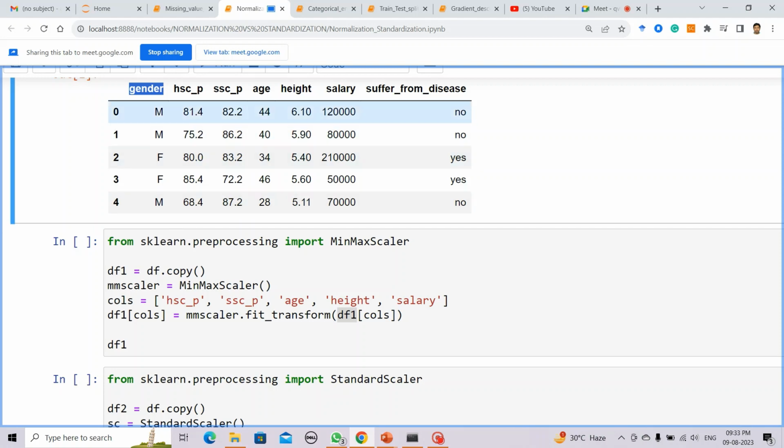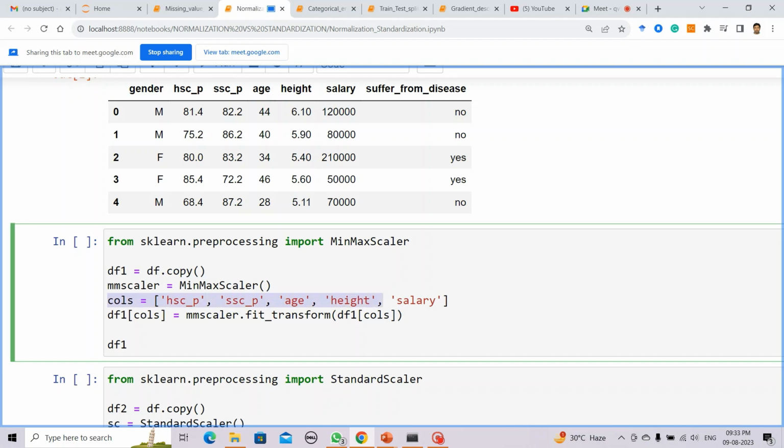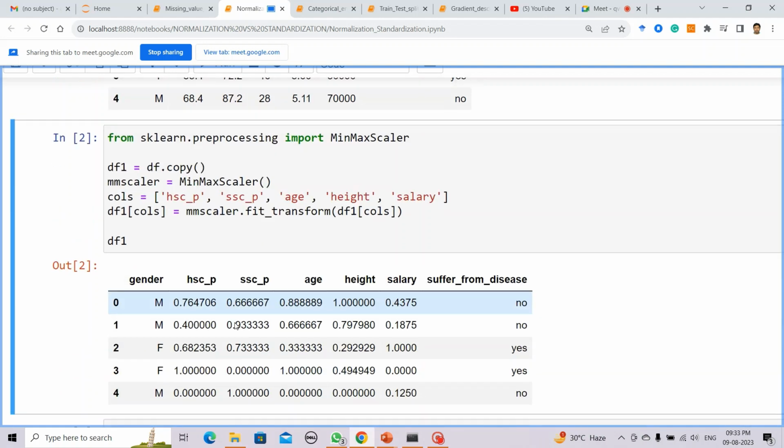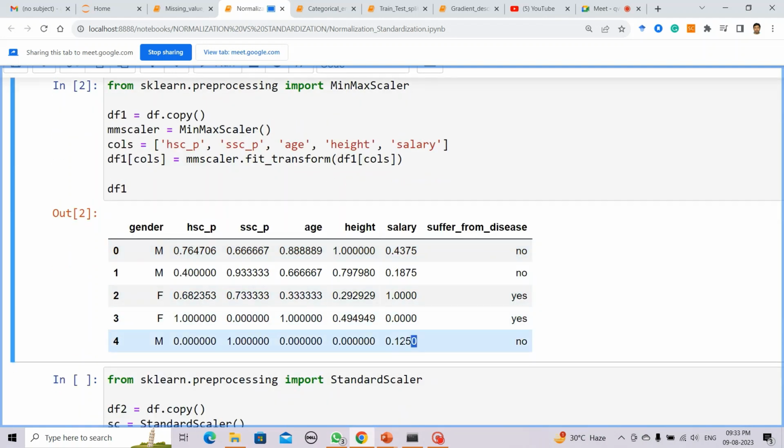So that's why you cannot normalize or standardize this particular feature gender, right? Because you can apply normalization or standardization only on those features which have numerical values. So that's why I have listed those columns having numerical values, and then I've applied it to the data frame having only the numerical value columns. And once you do this, and if I print this particular thing, you see